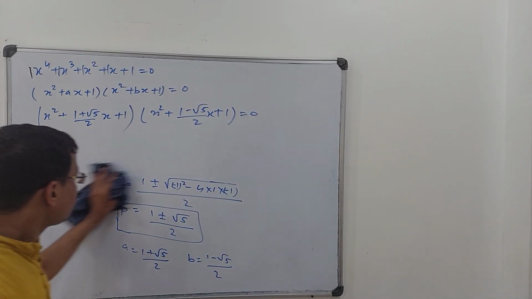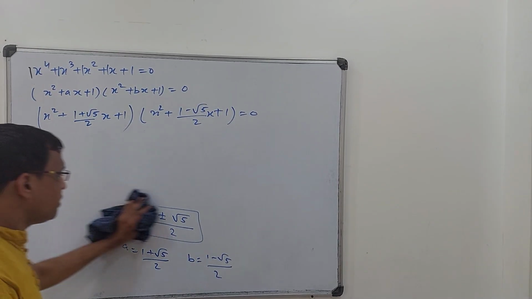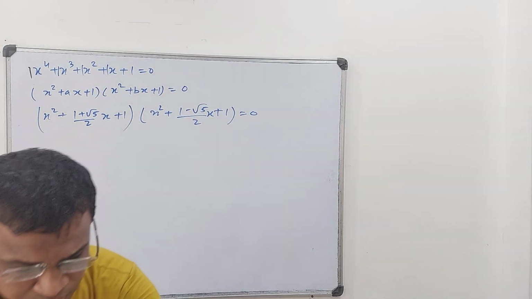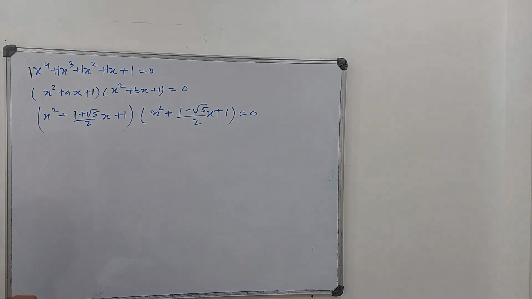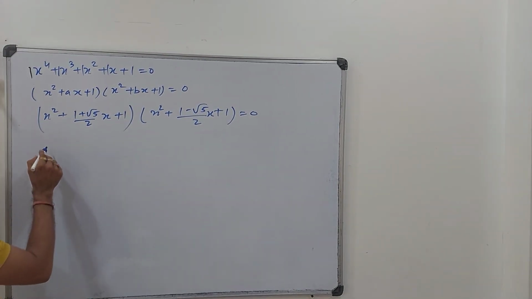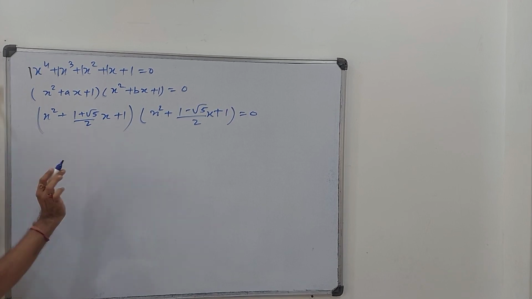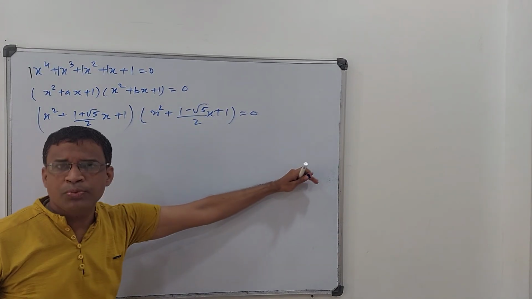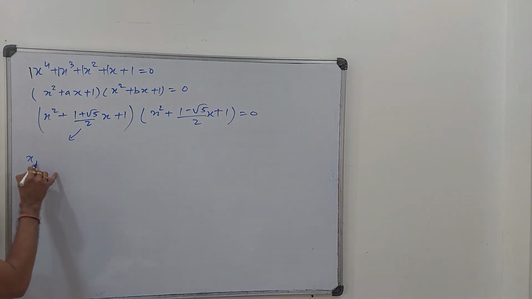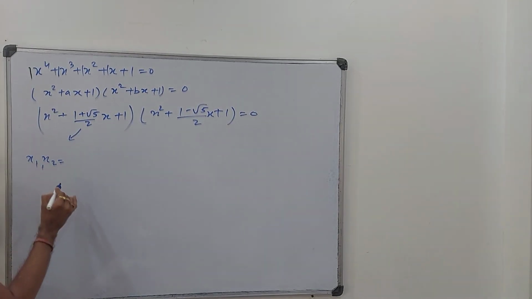Now this biquadratic is converted into factors of 2 quadratics. So we have to solve that because we can't keep it like that. So let me just work it out, and compare it with the general ax square plus bx plus c. I am starting with this, solving for the two zeros x1 and x2. So what will be that?